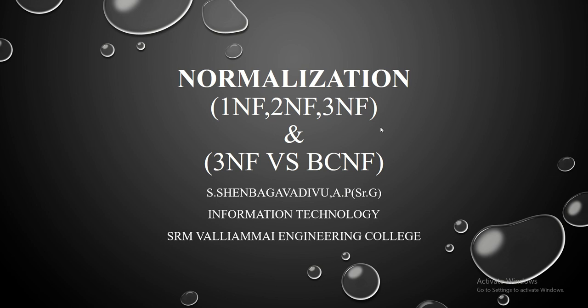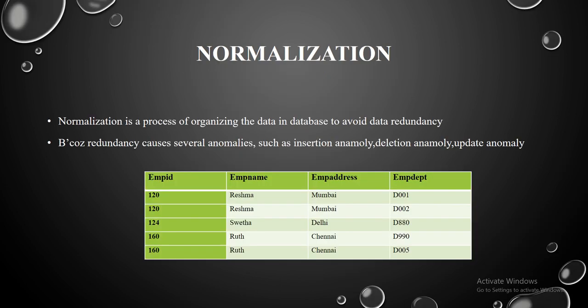Dear student, today I am going to explain about normalization, why we need normalization, and what is 1NF, 2NF, 3NF, and mainly what is the difference between 3NF versus BCNF. Normalization. Normalization is the process of organizing data in the database to avoid data redundancy because data redundancy causes several